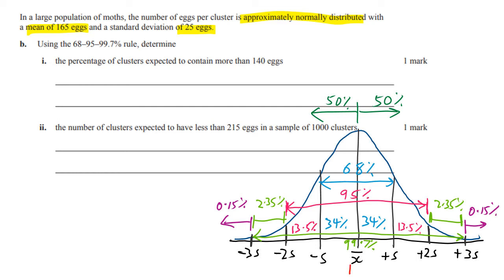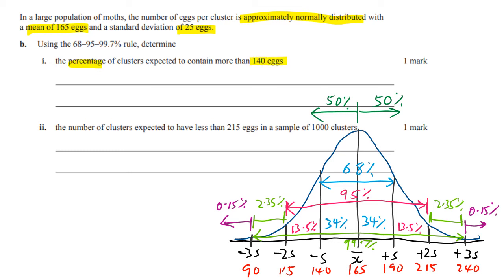So we've got 165 plus 25 is 190, 215, and plus 25, that's 240. Hopefully getting that right. Minus 25, 140, minus 25. So look, in your head, you're minus 20, 120, minus 5, 115, and then minus 25, that's obviously going to be 90. Whew. So we've got those numbers on there, and the question says, what percentage of clusters is expected to contain